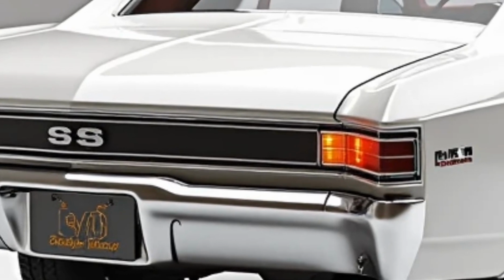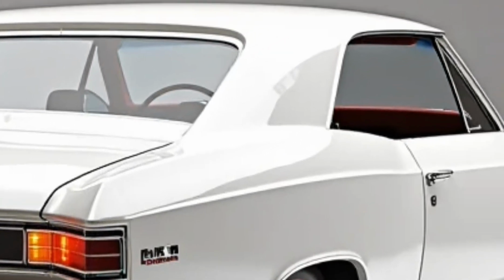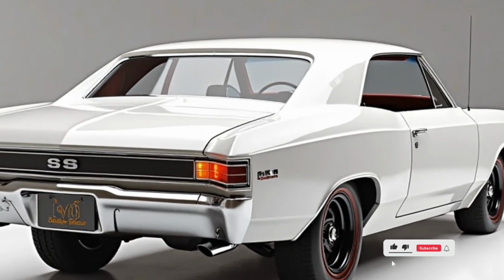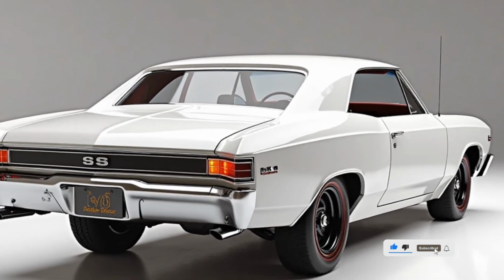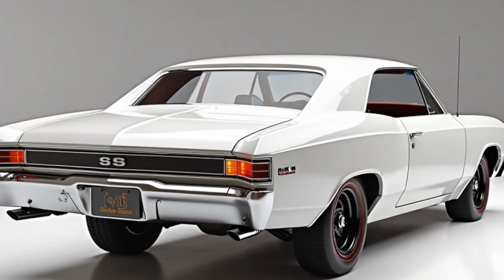The Chevrolet Chevelle SS 396 Sport Coupe represents everything that made the muscle car era legendary. Big power, bold styling, and an unforgettable driving experience. Whether you're a collector, a weekend cruiser, or someone who just appreciates a